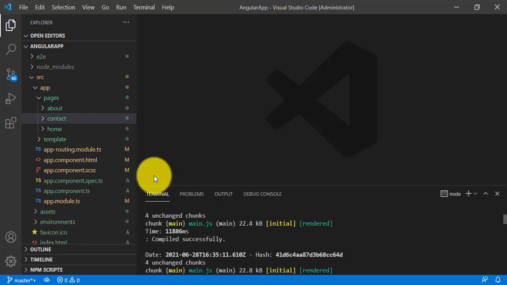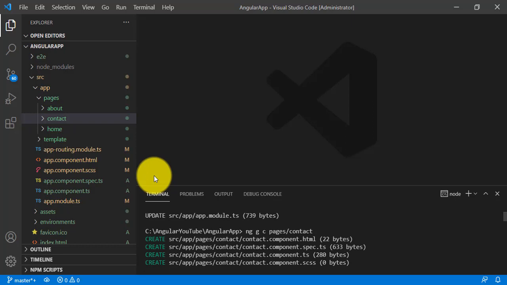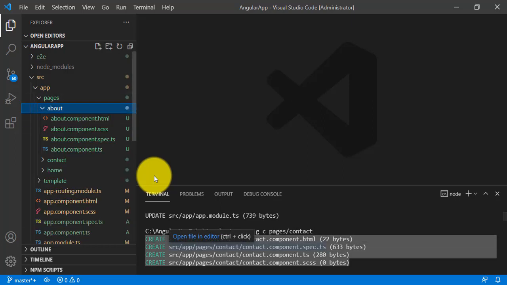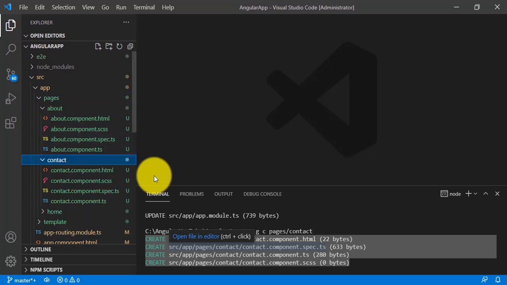The same way we'll generate the contact component, with the command ng g c pages/contact. This command will generate the contact component with the required files. You can see under the pages folder the about component is generated with the required files, and the contact component is generated with the required files here.